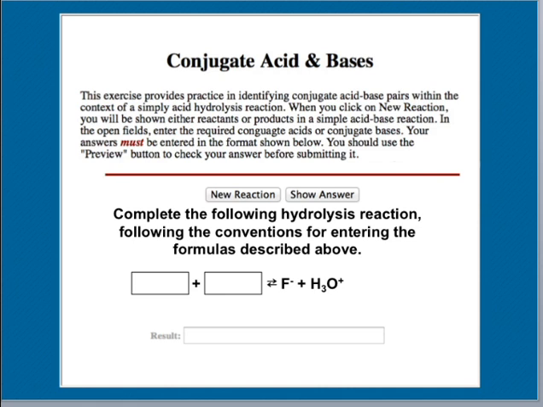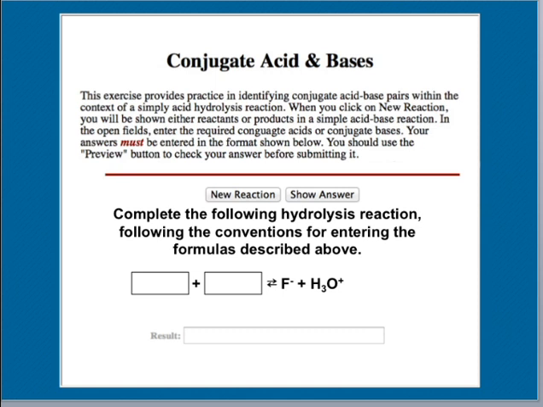Is this on one of our tutorials? Yep, one of our tutorials. We're supposed to complete this equation. Just a hint, as we look at it on this side, we have fluorine and hydronium. Do them in the same order here. That works best. Okay? All right, so the first thing you want to do is look at this and say,